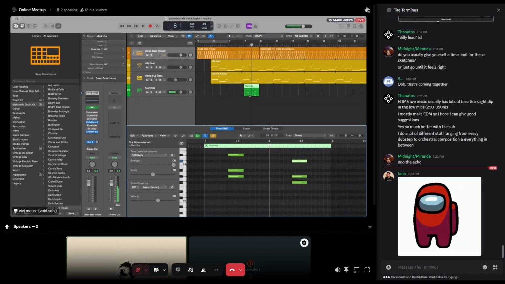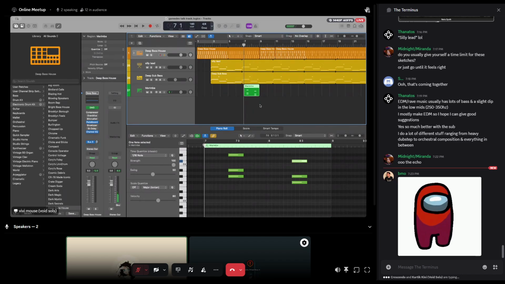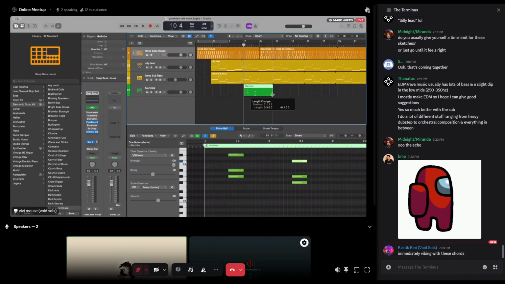I'm just gonna kind of... This is a lot more intuitive, like picking chords for this kind of thing. And I've just been doing this for a really long time.